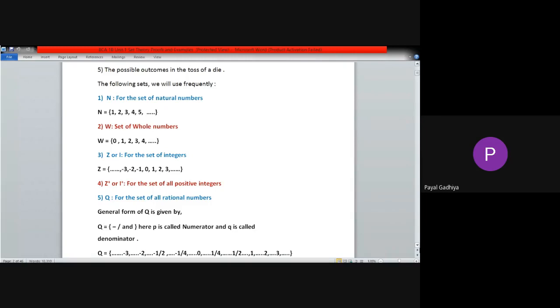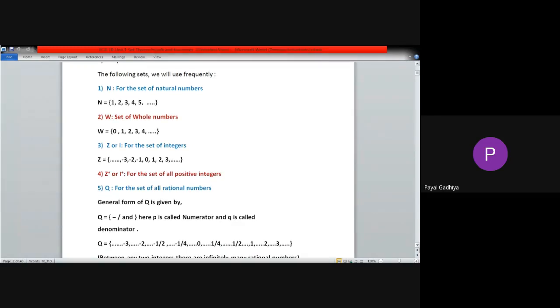So this set contains numbers like -3, -2. Natural numbers and integers will be in Q, the set of rational numbers, because whatever number we take in integers, for example -2, we can definitely write it as -2 by 1. So the numerator will be -2 and the denominator will be 1. So it is of the form p by q. Those numbers which we can represent as p by q will come in the set of rational numbers.